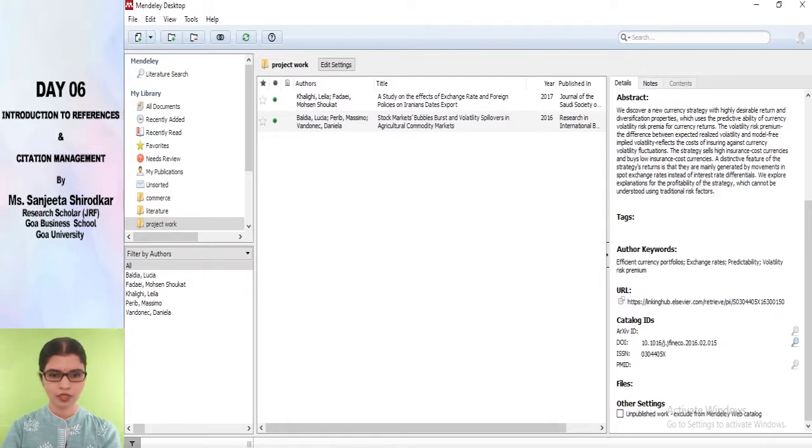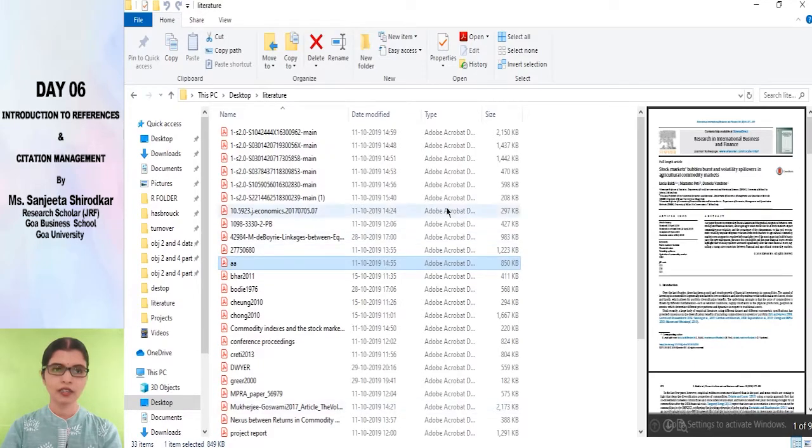For example, if you are having these articles, or if you have already created a folder containing the articles that you have selected, it is always advisable before you start writing a paper, you collect as much work as you could collect on that particular topic. So here I have collected certain articles based on one particular topic.